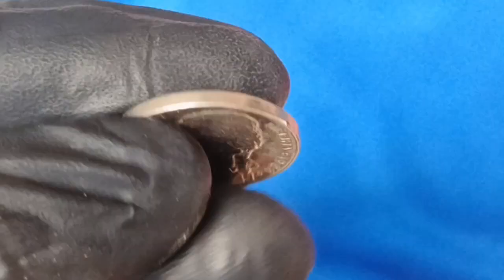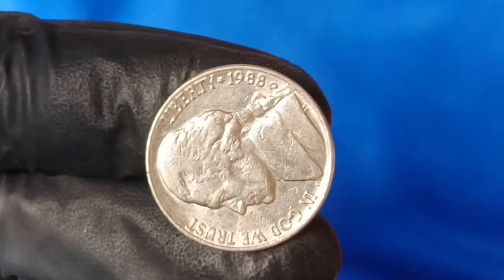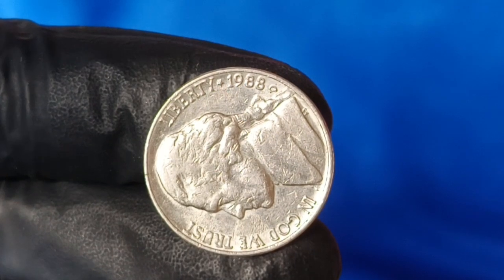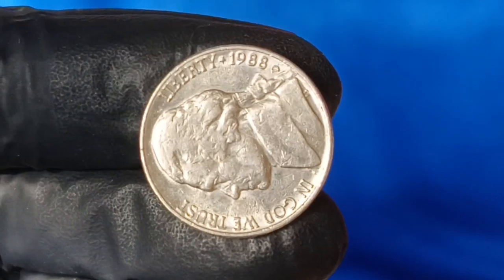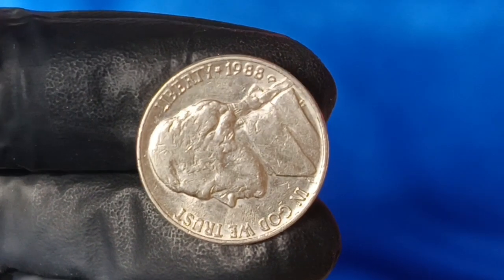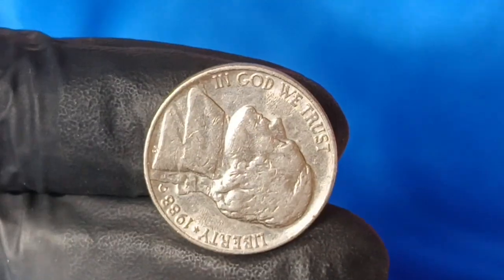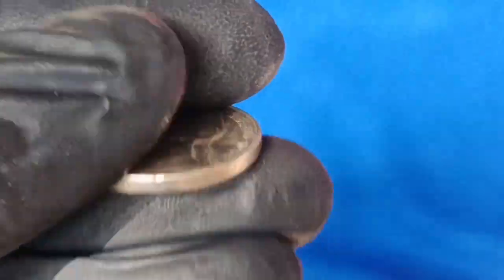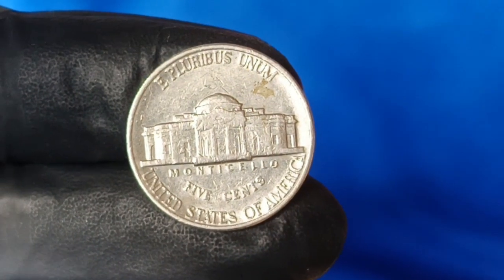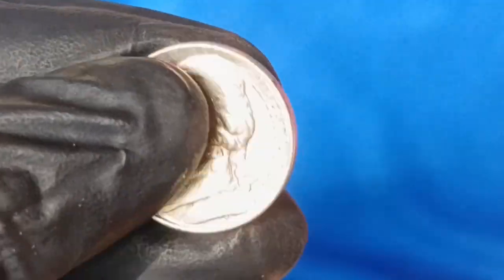A double die error occurs when the coin's die, used to stamp the design, is misaligned during the hubbing process, resulting in a doubled image of certain design elements, such as Jefferson's profile, the inscriptions "In God We Trust" or "Liberty," or the Monticello steps on the reverse. While no specific 1988 Jefferson nickel double die has been documented as fetching $10 million, similar errors in other years, like the 1943 P double die nickel, have sold for tens of thousands, with an MS-67 example fetching $23,500 at